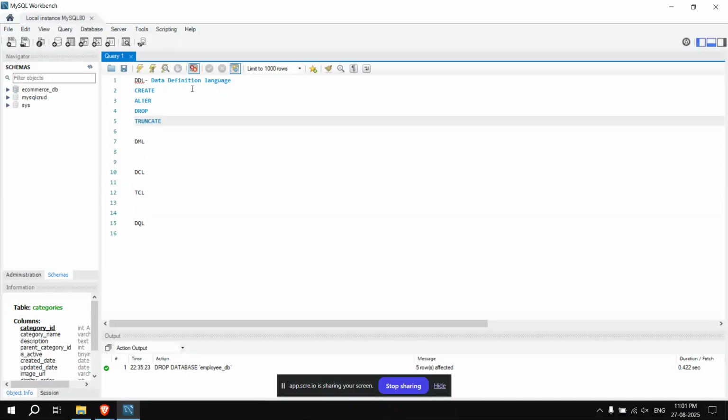So first of all, the create command. The create command is for creating new objects.